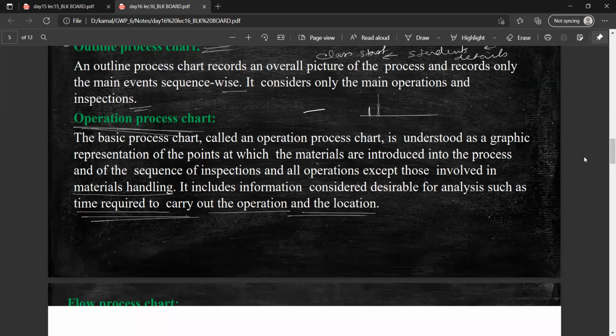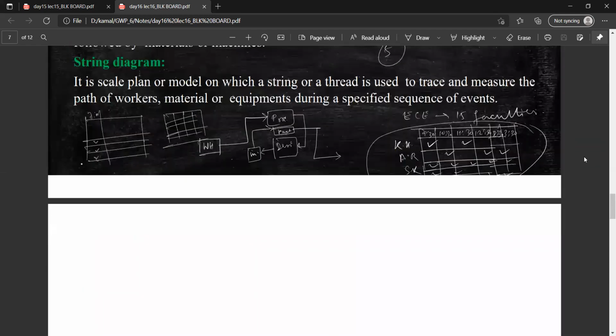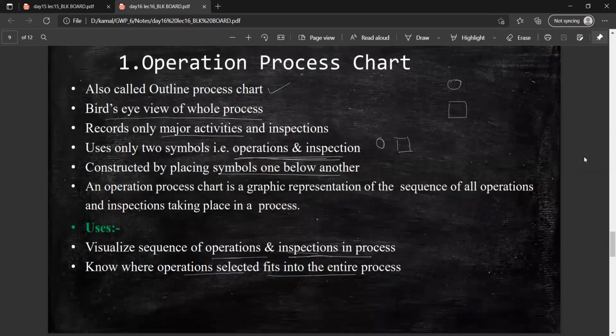Okay, so now the operation process chart, as I told, is an outline process chart. So only a brief idea or only brief steps regarding the production will be there. No intermediate steps will be required.